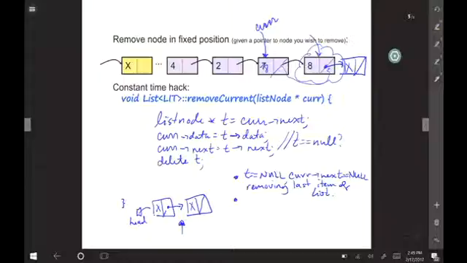Okay, I think there's another problem with this code, though. I'll give you a hint that it has to do with this line. Yeah, really good.